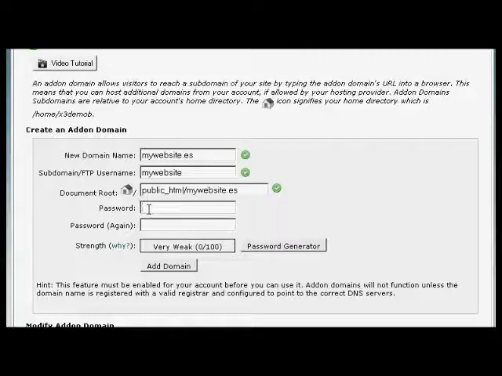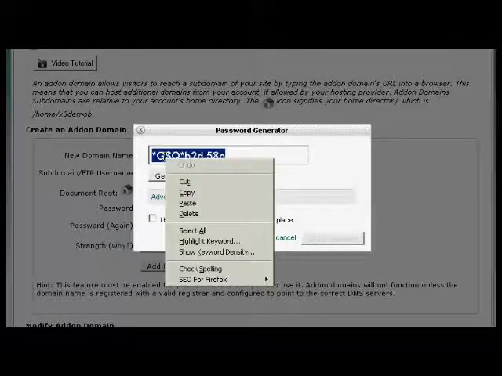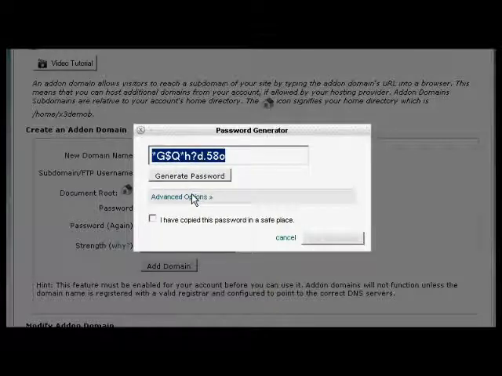You need to type in your passwords. Let's just put that in, or you can, if you like, use the password generator. Let's use that one. So I click on there. You can see it's generated a very strong password, so I need to highlight that, right click and copy that so that I can paste it into a notepad document and then save it on my hard drive. Once I've done that,